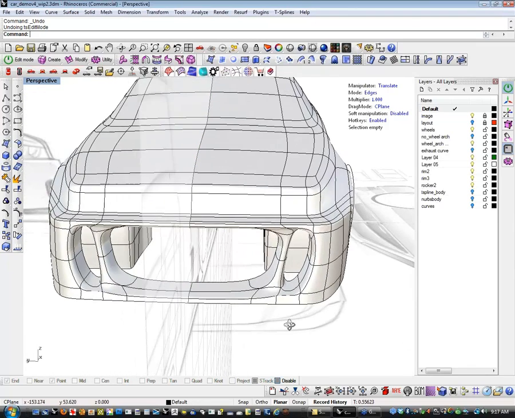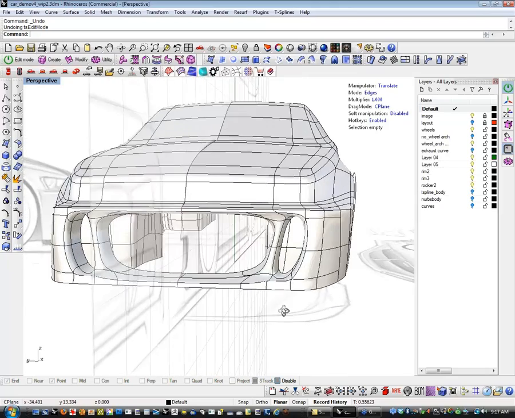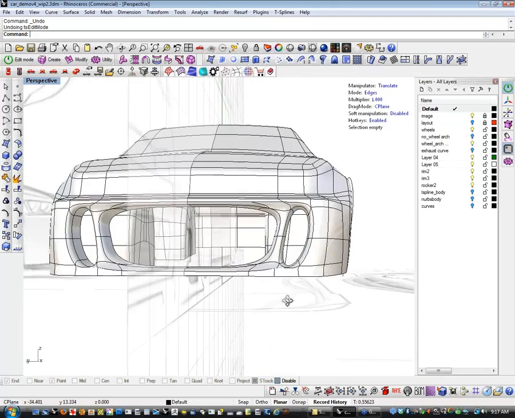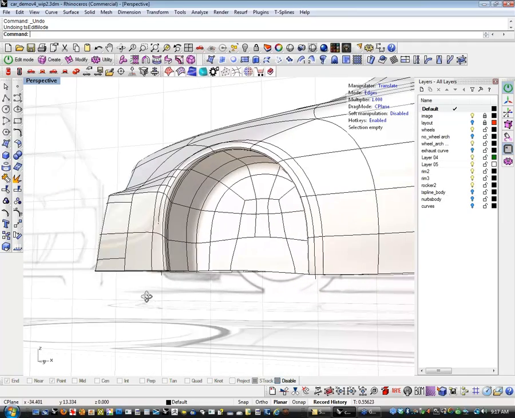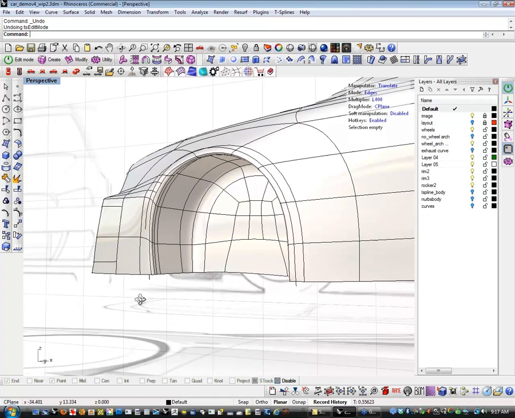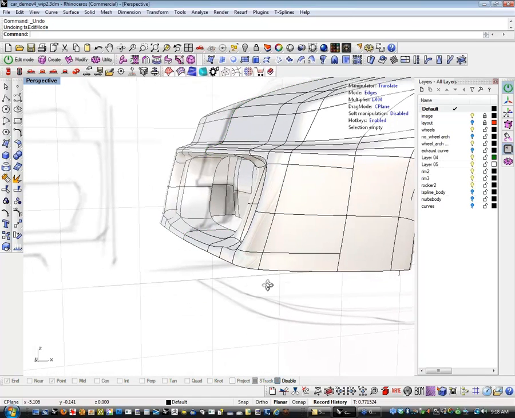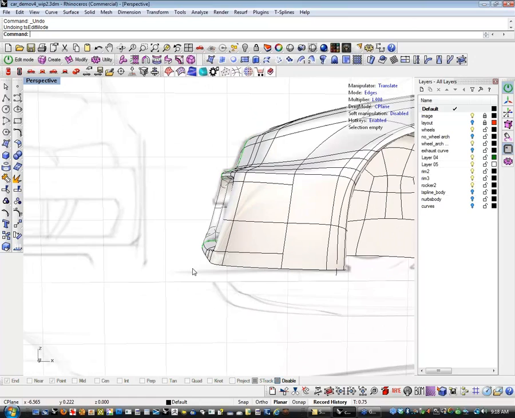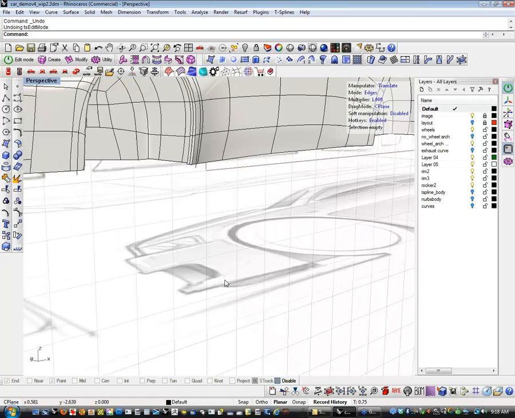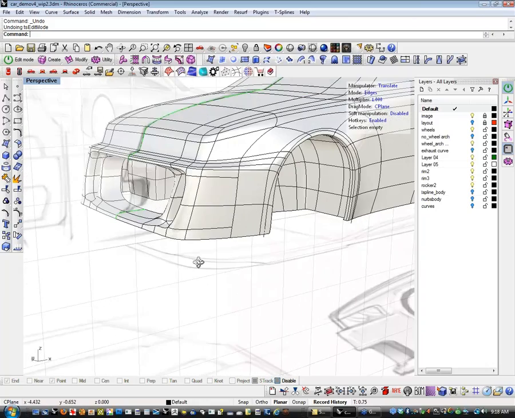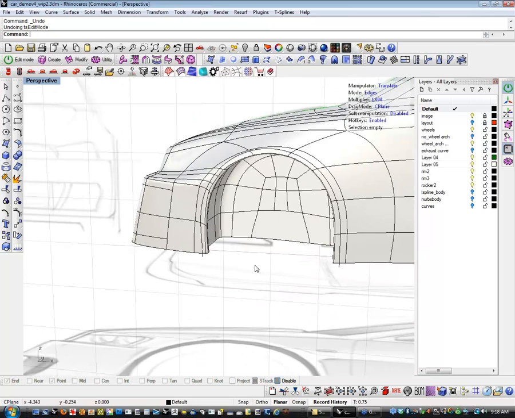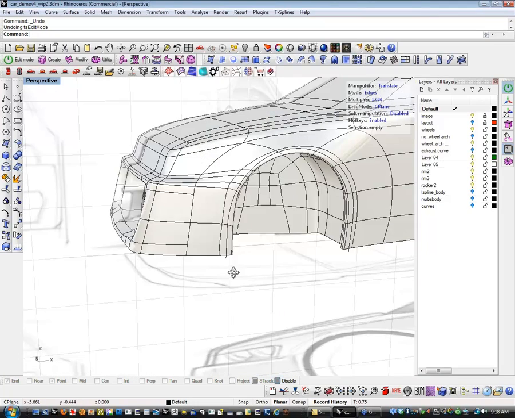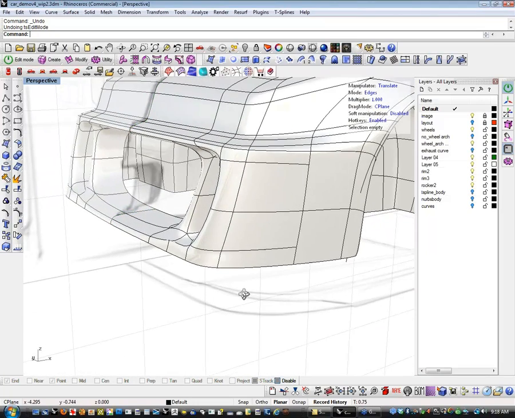So the next step on this would be to just tighten up a little bit, because right now it's kind of loopy looking. And the other thing that I'd want to add on this is a kind of a spoiler that comes off the bottom of this thing. Has a little bit of a lip and stuff like that. And I may want to add a little bit more geometry in here. And to do that,